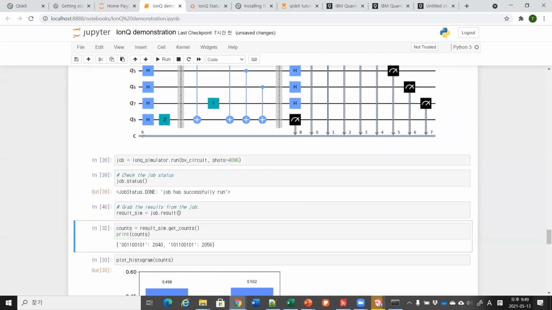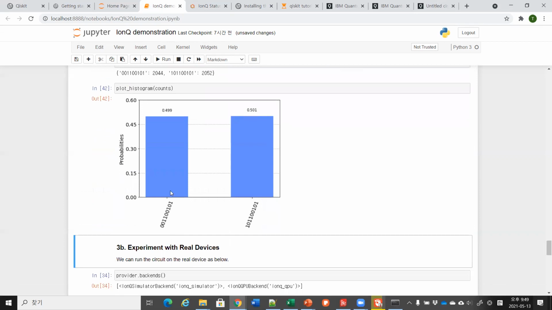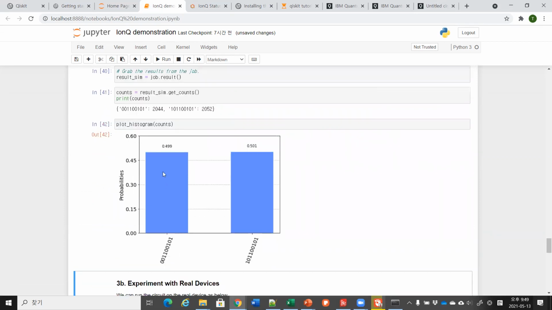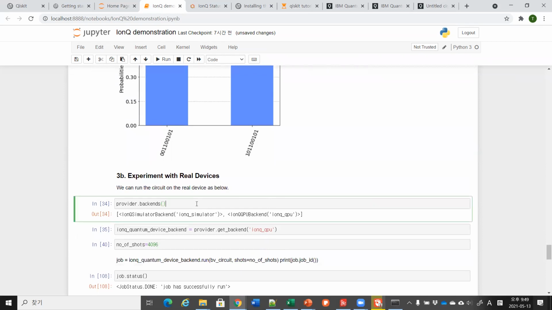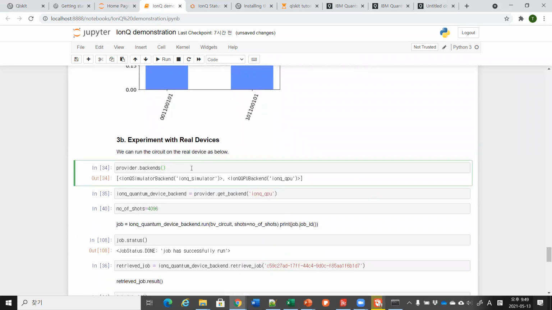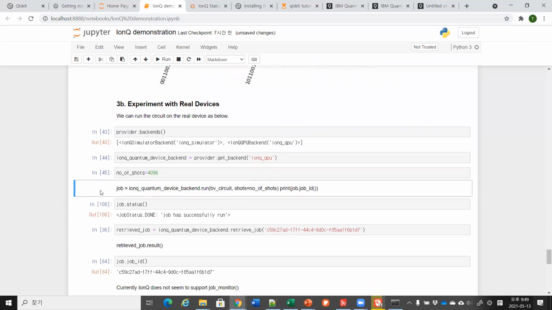Again, I will always have these two possibilities, but what we have to consider is the summation of these 2 probabilities, and they sum to 1. Now we can also try the same thing with the real device. Again, I'm just using the IonQ QPU, and the number of shots is 4,096. Again, I can also submit this job,